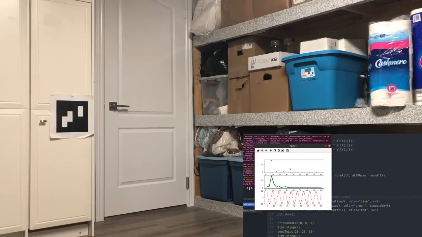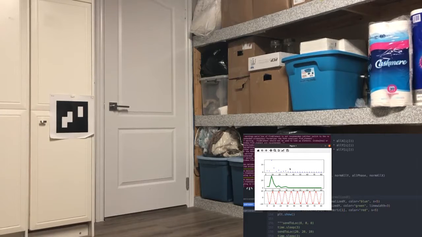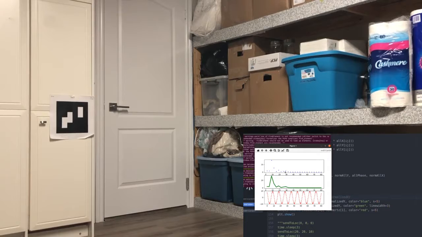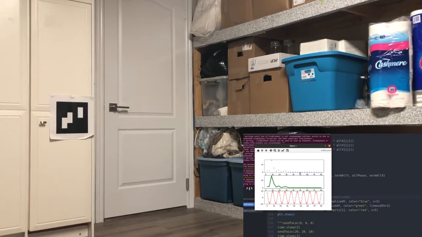Here's the Fourier transform graph from that 300 hertz tone that we just recorded. Now it's important to note that the values are normalized between 0 and 80 because the drone's going to be flying this path, and I don't have infinite space in this basement. So now what you're going to do is send these as a series of coordinates to the drone in order to have the drone fly these out and show to just the general audience what the composition of the signal